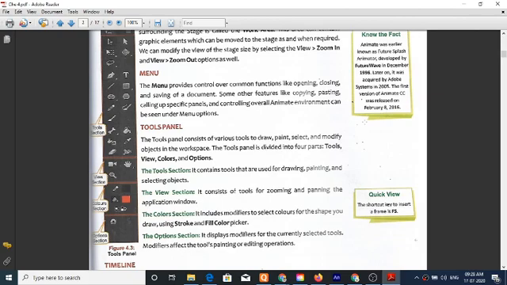The color section includes modifiers to select color for the shape you draw using the stroke and fill color pickers.